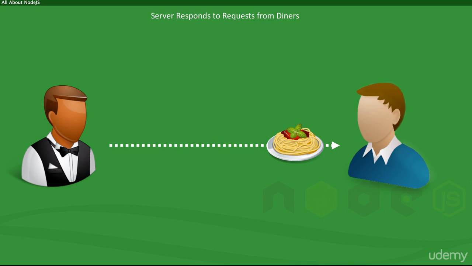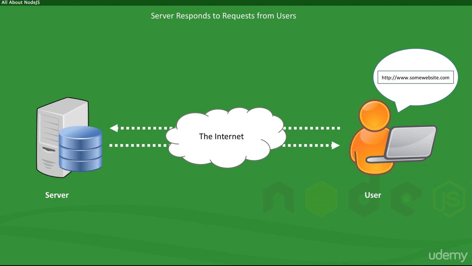Now, applying the same analogy to a web server, when you open your browser and type www.somewebsite.com, and for our example, let's say it's google.com, your request, after traveling over the web, reaches a software running on a computer somewhere known as a server. The server then analyzes your request and fetches the data from its hard drive or perhaps a database or someplace else, and it sends it back to you.